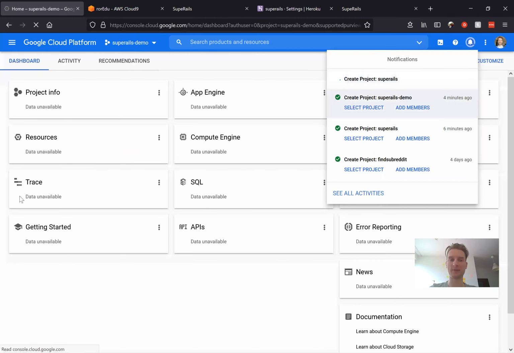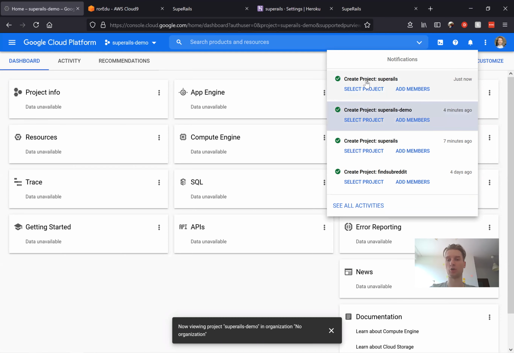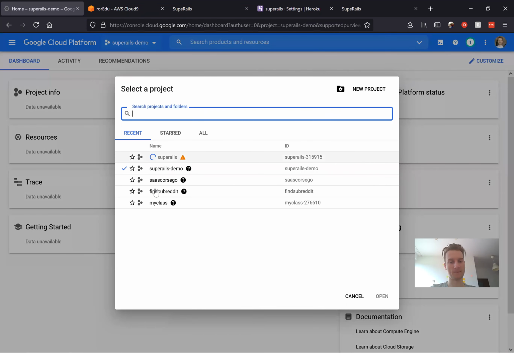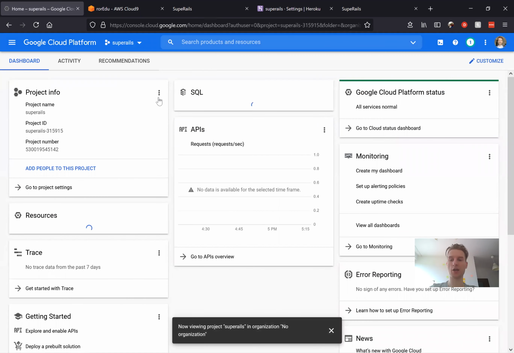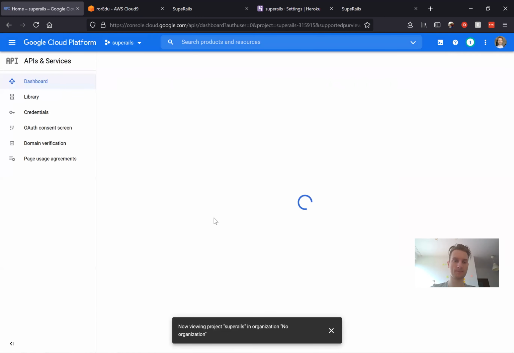Now you see right away, I wasn't redirected to the project. I'm still in the process of creating the project, and then I'll be able to open it. So now I go to this project, I open Super Rails, and here I need to basically get my API keys for social login. So I'm going to go to API overview,